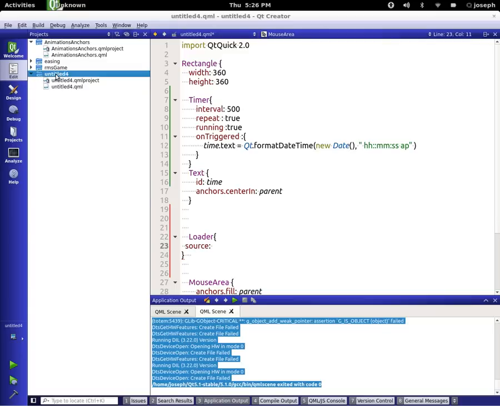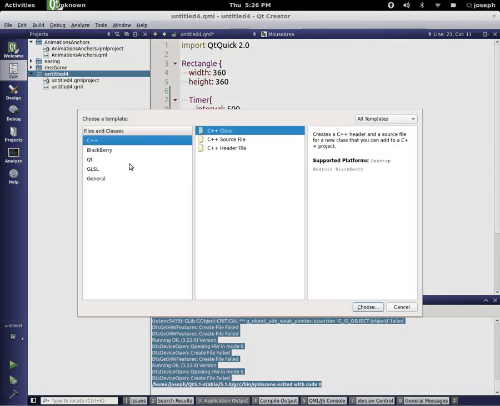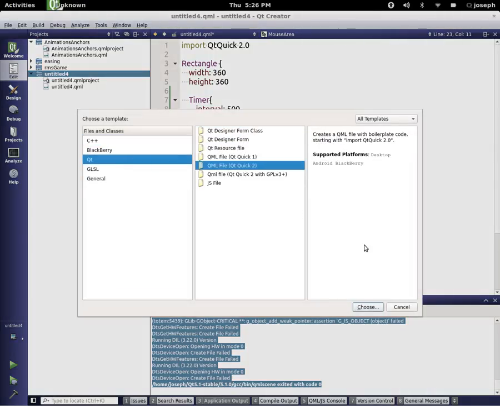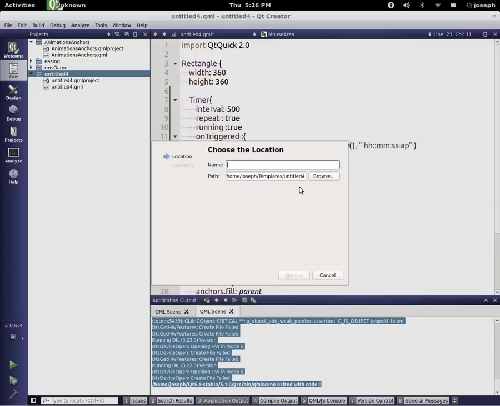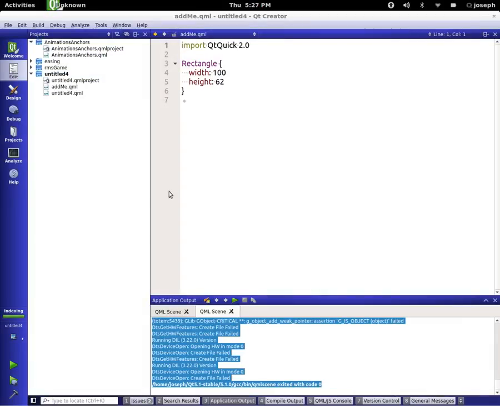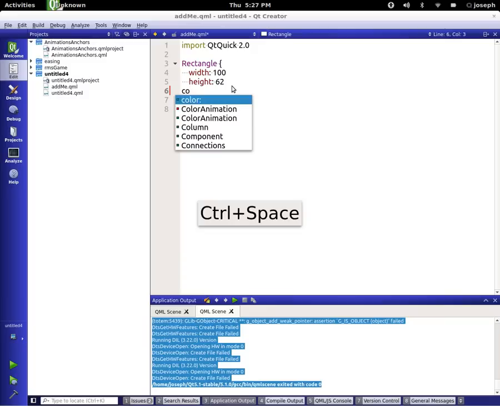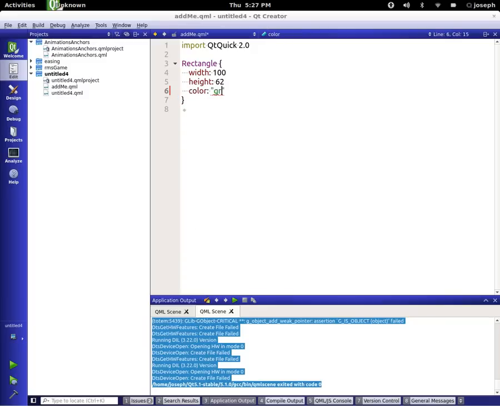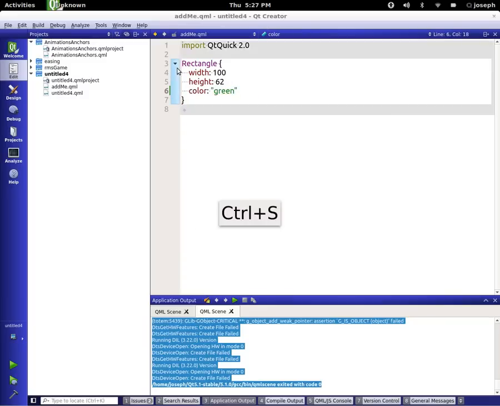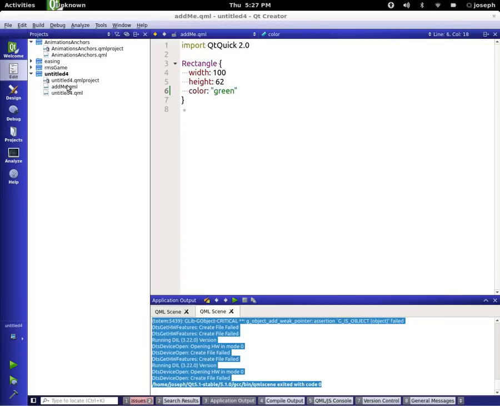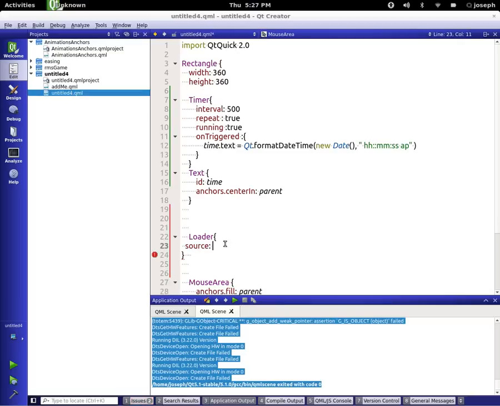So let's right-click, add new, QtQuick 2 file, choose addme. We're going to call it that, and look, it doesn't have to be capitalized, so to say. Keep this rectangle here. Color of the rectangle is set to green. That's great. We don't really need much from it. And we're going to go back over to our untitled part, and we're going to say source is equal to